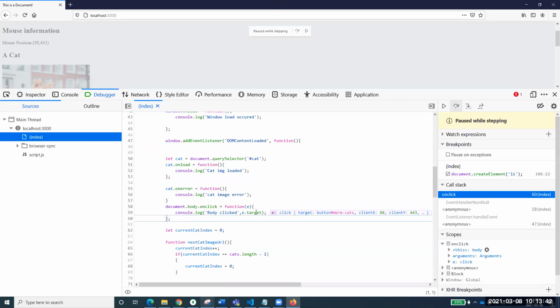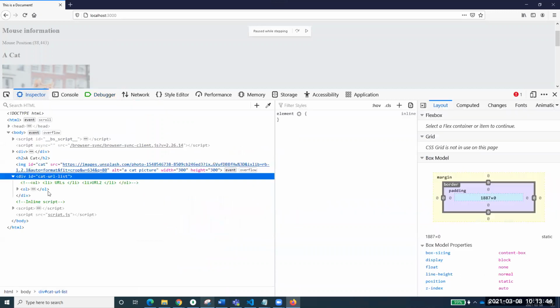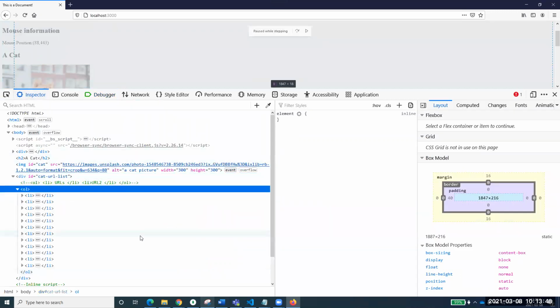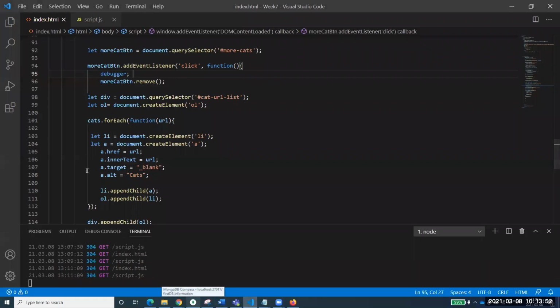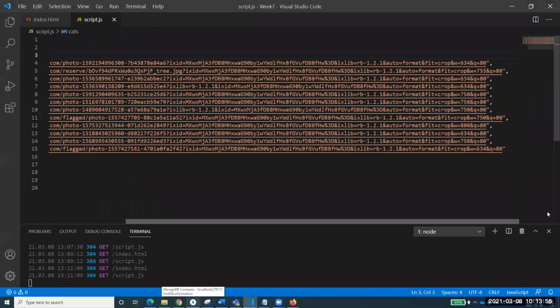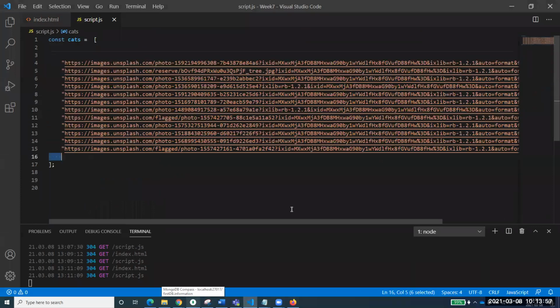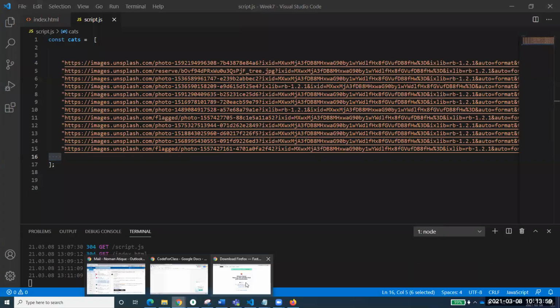Now it has reached this one. It means that now it would have added that. So if you go to this div and see this OL, this OL has 17 UL. So again, let's do something for ourselves, and we can just do that with that as well. And maybe, just leave that one and try to understand this.